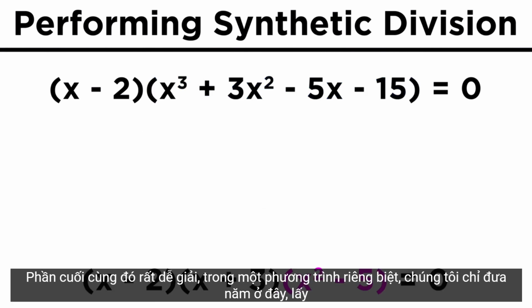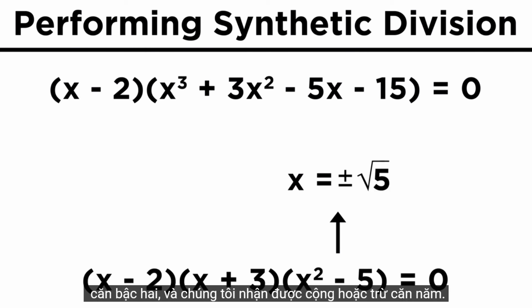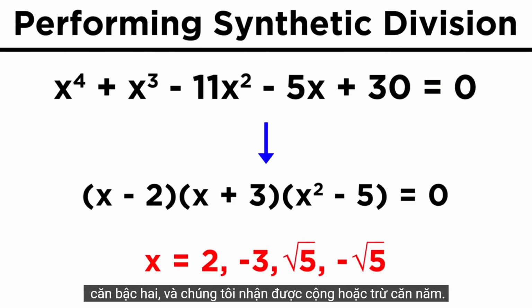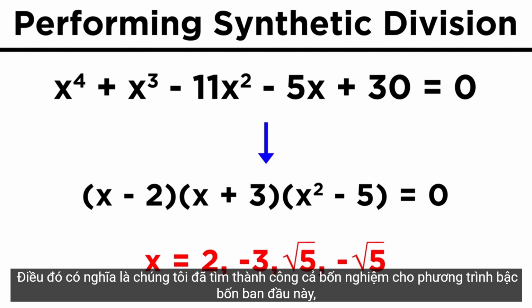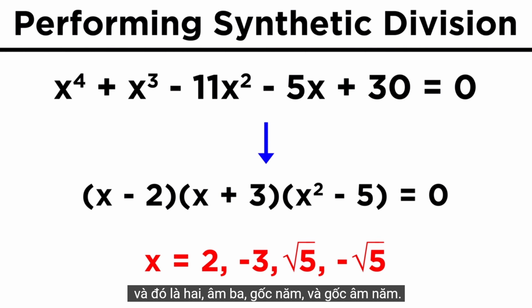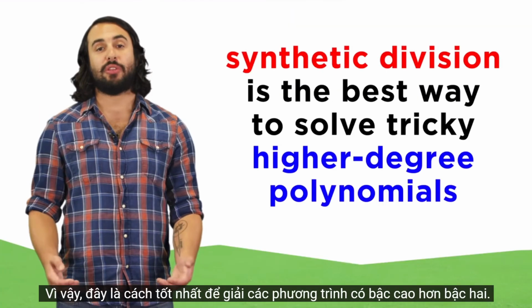That last bit is easy to solve in a separate equation. We just bring 5 over here, take the square root, and we get plus or minus root 5. That means we have successfully found all 4 solutions to this original quartic equation, and those are 2, negative 3, root 5, and negative root 5. So this is the best